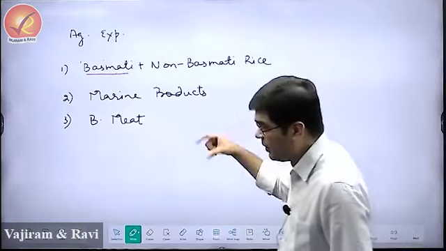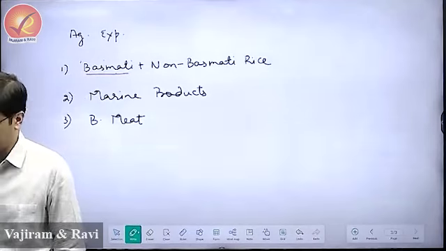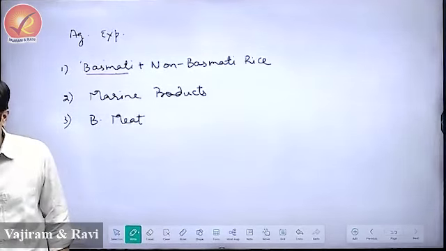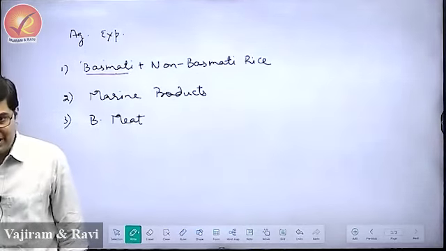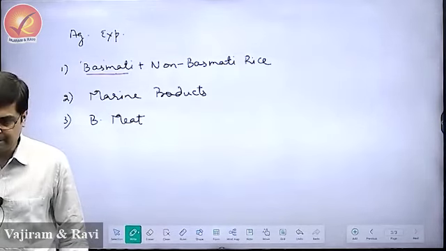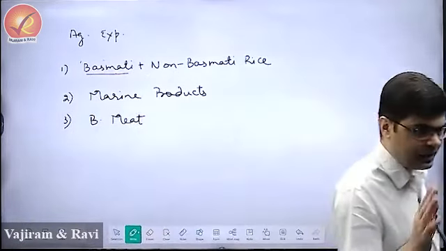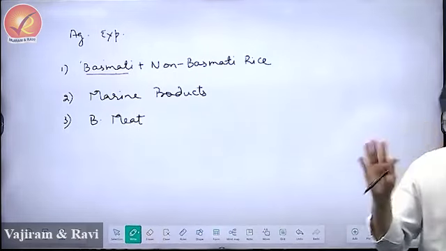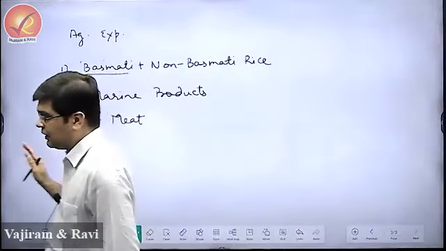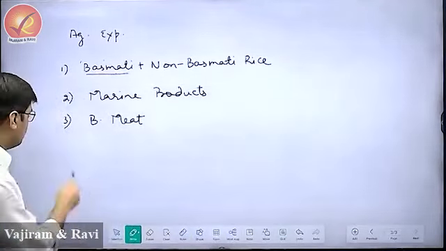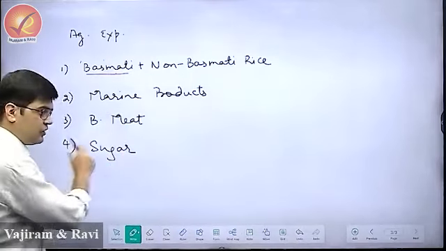अच्छा, where do we produce maximum of buffalo meat? See, maximum of buffalo meat comes from the state of UP. UP will have maximum buffaloes, and maximum buffalo meat also comes from the state of Uttar Pradesh. Followed by the state of Andhra, followed by the state of Maharashtra. So UP, Andhra and Maharashtra, and exports largely to Egypt, Vietnam and nearby countries and Indonesia. Achha. Then India used to export a large quantity of sugar as well. We'll discuss this now in detail.